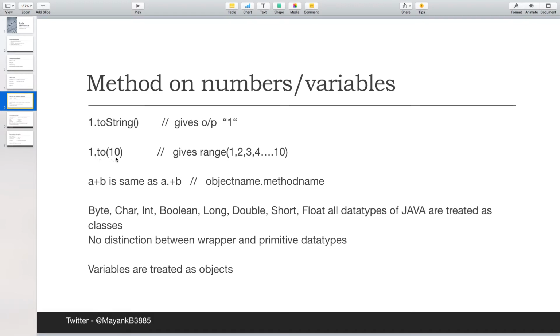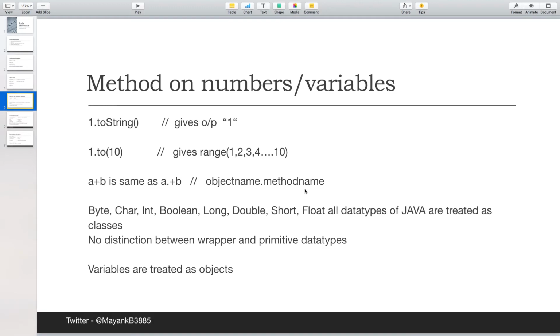So in 1 to 10, 'to' is a method and 1 is your object. This will give you a range from 1 to 10. Similarly, there is the toString operation which is there in Java and Python. And also you can directly call this operator. This operator is nothing but treated as a method in Scala. So you can use a + b or you can use a.+(b).